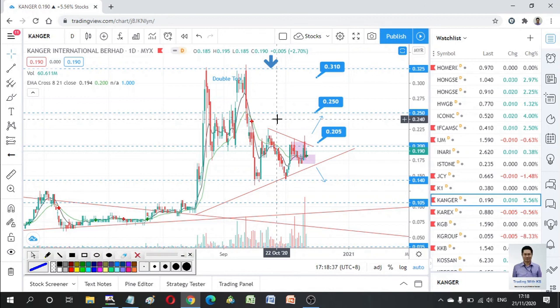We always emphasize: listen to the news, check which are the hot counters and hot markets, and verify with your technical chart and also with your fundamentals. Fundamentals means the company background. Is the company making money? Is it a solid company? Is it managed by a good team? What is the PE value of the company? You can verify that, and also, very important, look at the chart. The chart will tell you a lot of things and a long story, and from the chart, a lot of the time we can plan for the future. We can't predict, but we can plan for the future.